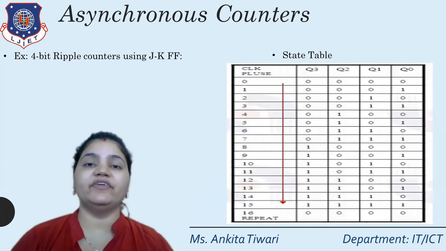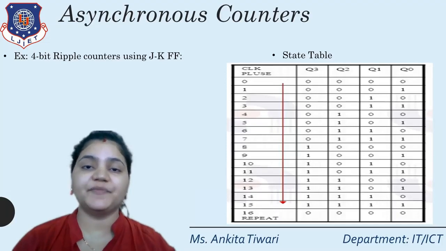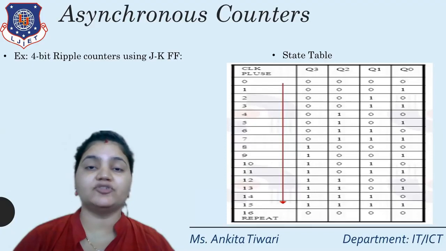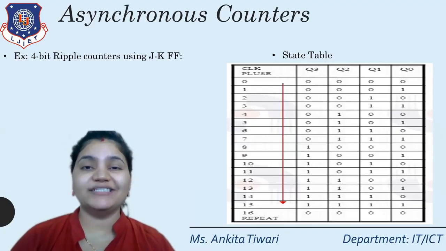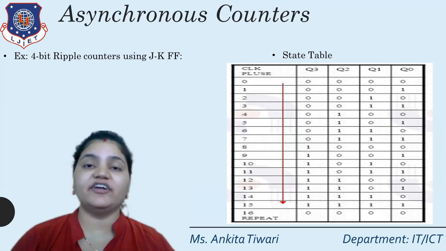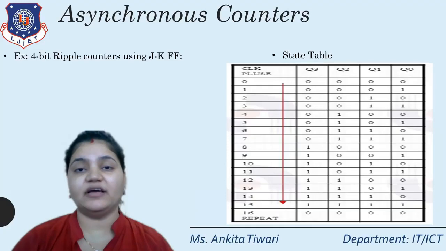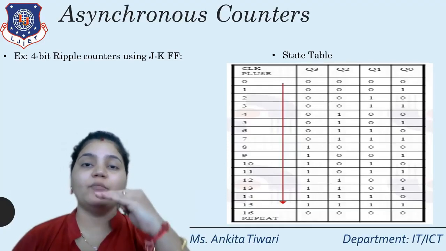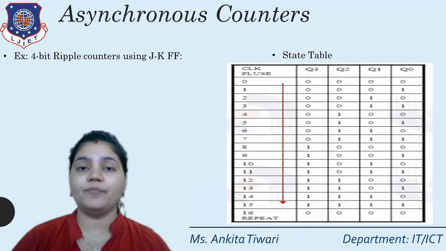In the state table, we will have two columns, that is present state and next state. Here the present state comprises 4 bits because the example is given for 4 bits. So we'll start with the 4 values 0, 0, 0, 0. The next state of 0, 0, 0, 0 in the diagram itself is 0, 0, 0, 1. So that is how it will count from up to down, as it is an up counter.